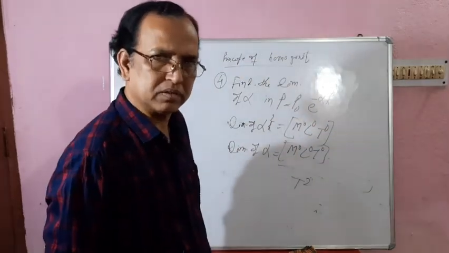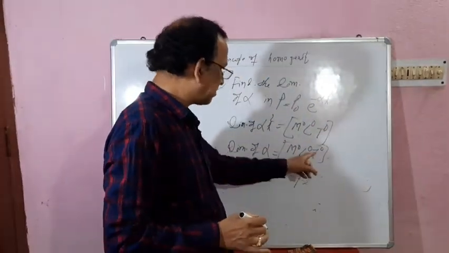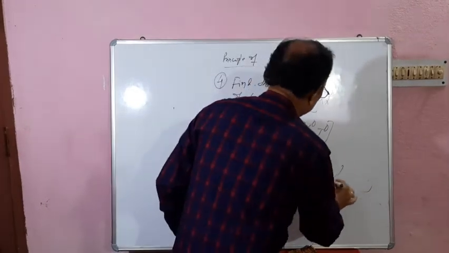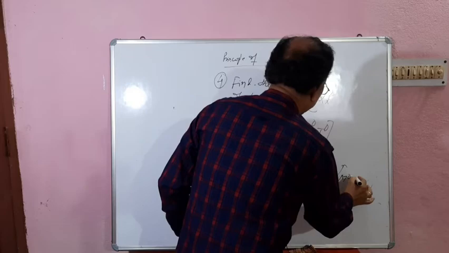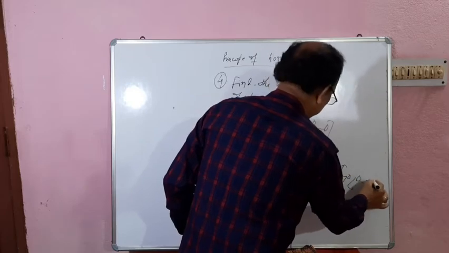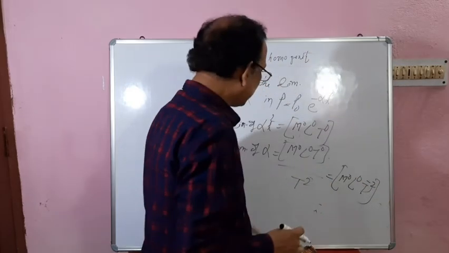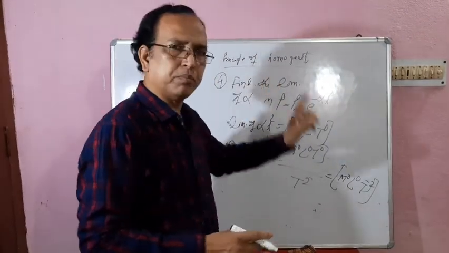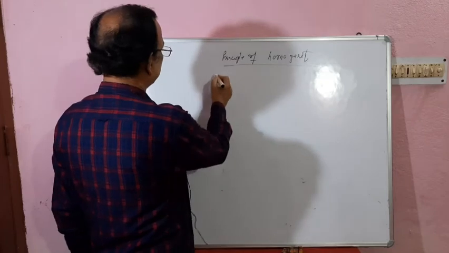Okay, so by t square means that is equal to m0 L0 t to the power minus 2. So this is the dimension of alpha by the help of the principle of homogeneity. Next example,